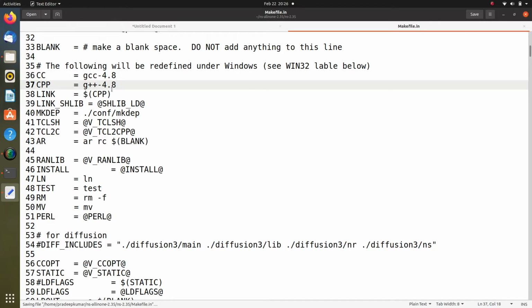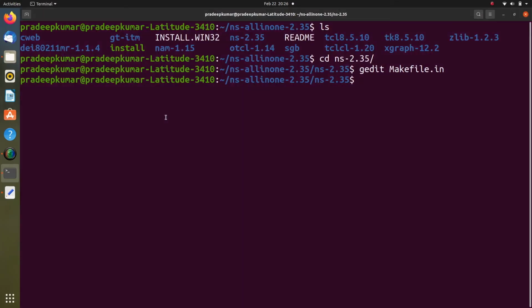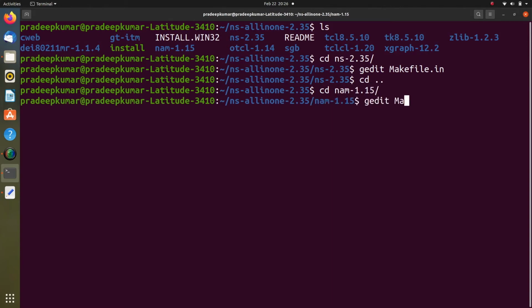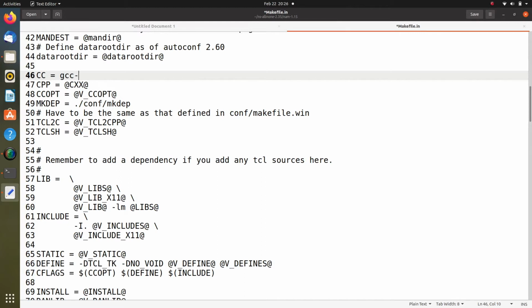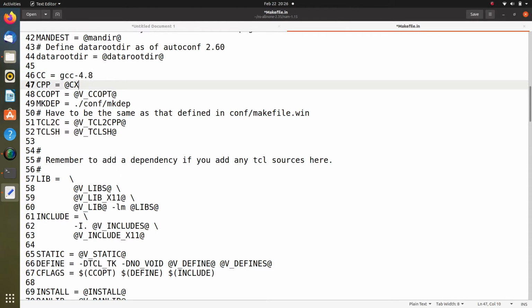So once it is done, close it. Then again we have to go back here, cd nam, then gedit makefile.in. So in this, in line number 46 somewhere around, we have to have gcc-4.8 and here it will be g++-4.8. So this we have changed. So line number 46 and 47.